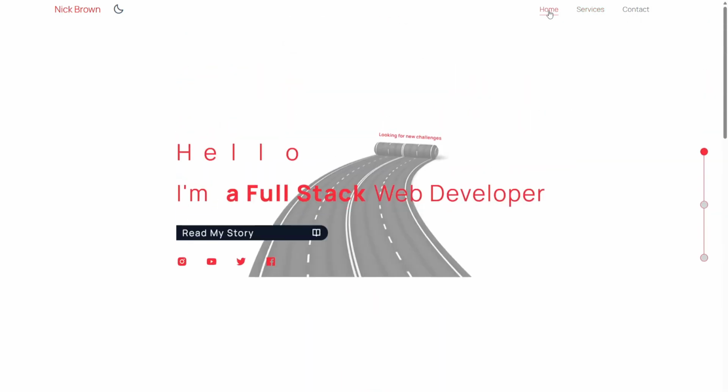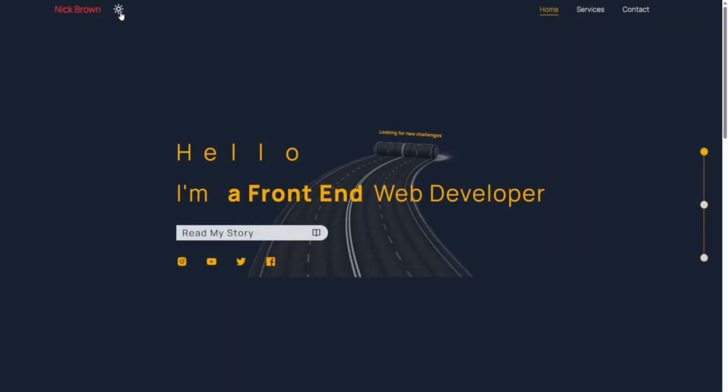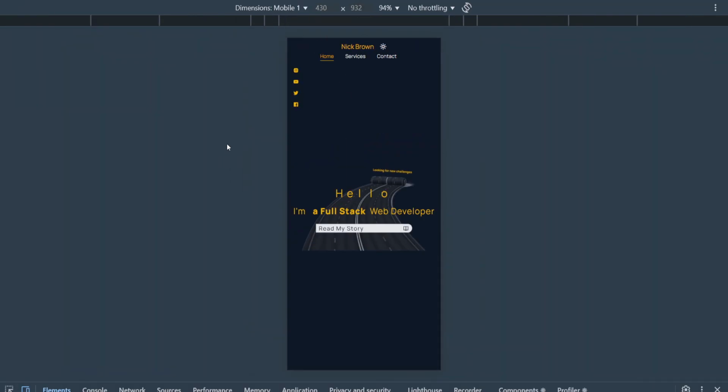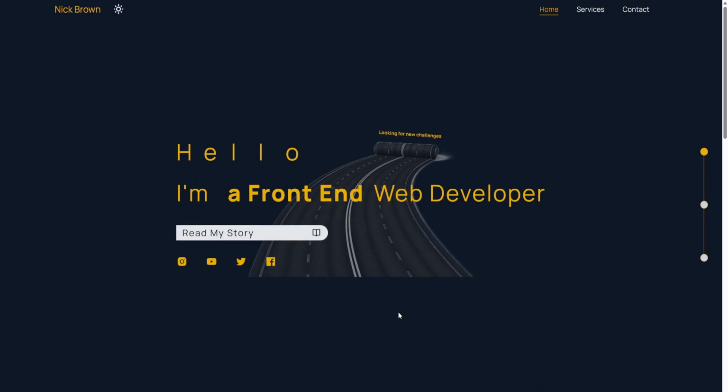This ensures a consistent experience every time someone visits, making the website feel more personalized and intuitive. But that's not all. This portfolio website is fully responsive, meaning it looks and works perfectly across desktop, tablet, and mobile devices. To enhance the user experience, we've added a loading animation when the site first loads, making everything feel